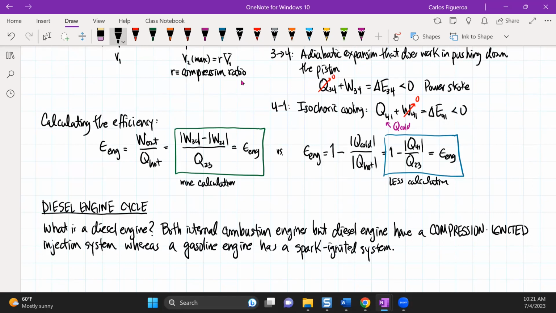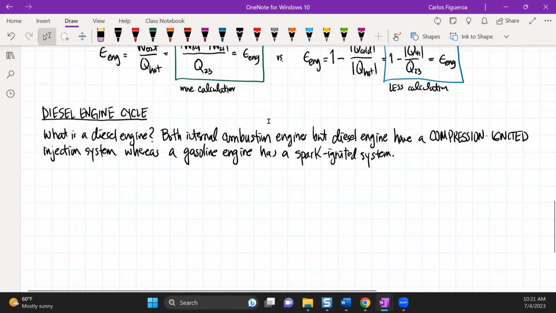So if I was to then just say verbally what's really the difference between them, the gasoline engine, as we just saw, takes a mixture of gas and air, compresses it, and then ignites the mixture with a spark. That's not true for the diesel. So in this case, a diesel engine takes air, compresses it,